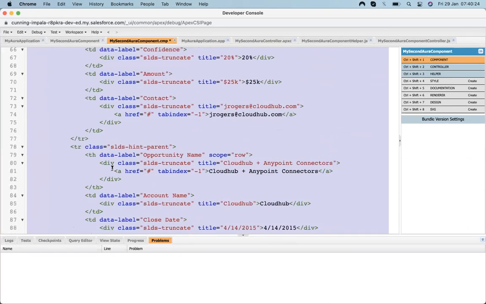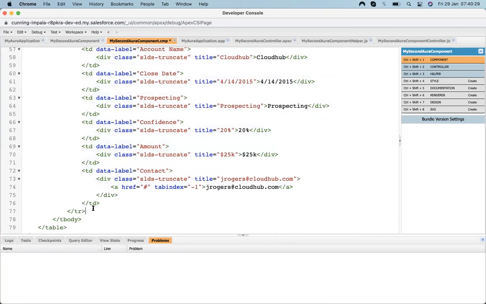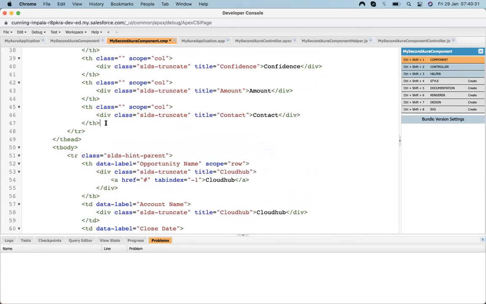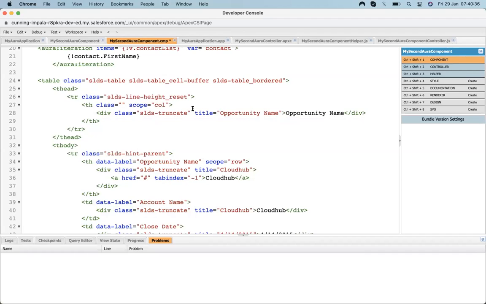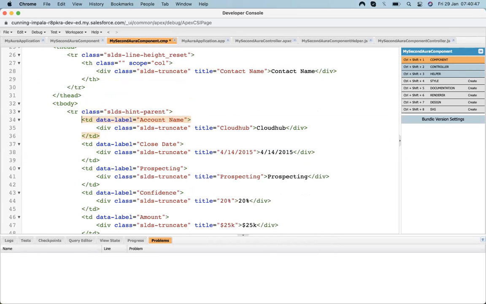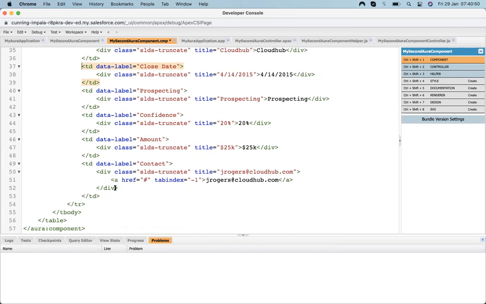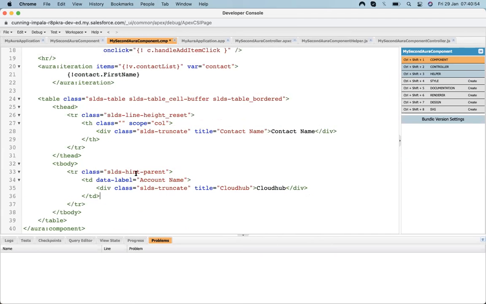And first thing is to remove the unwanted code from here. Since I just need to display the name, I remove this name. And what I need to change is, instead of opportunity, I will make it contact, and contact, and then remove this one, and I also remove all those things. Yeah, now it's not showing contact.